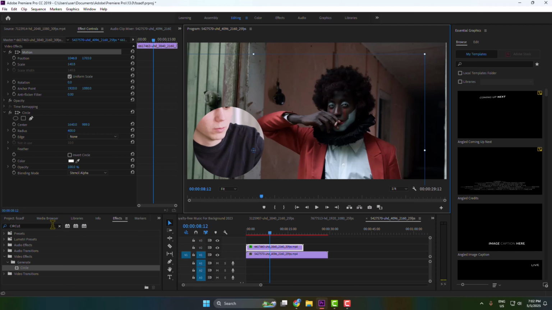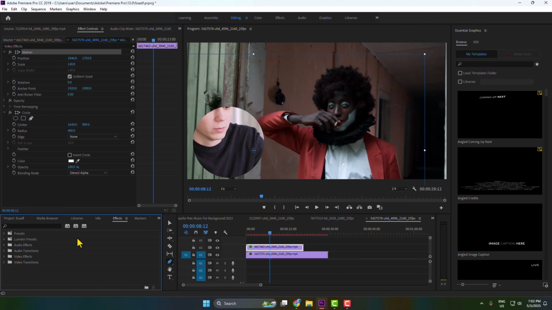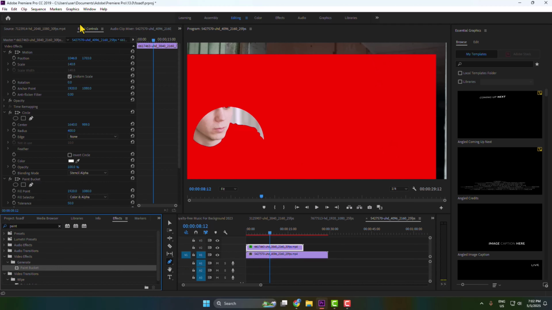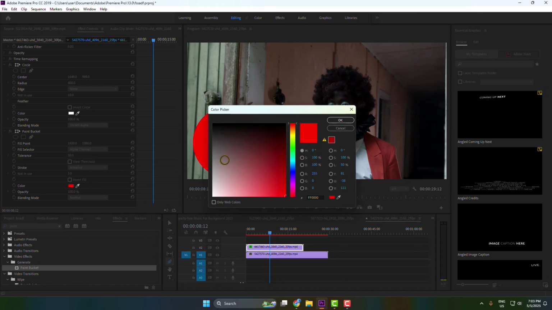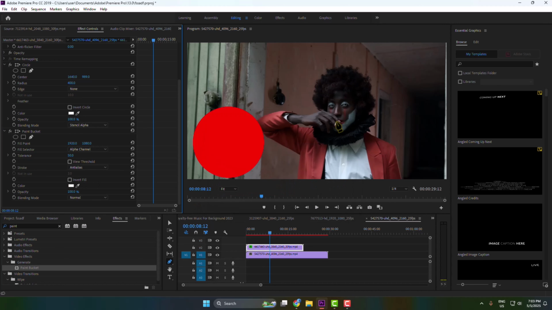Again, go to effects and this time search here paint bucket and add the paint bucket effect to your clip, and then go to effect controls. Under paint bucket, click on fill selector and here select alpha channel, and here click on this color box and select a border color and click on stroke and here